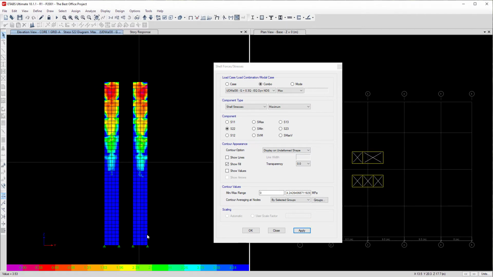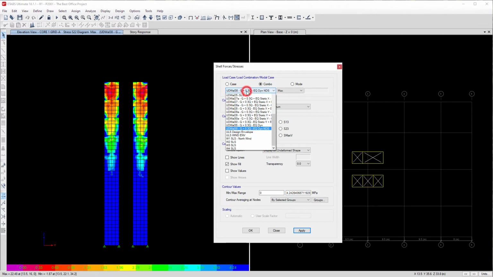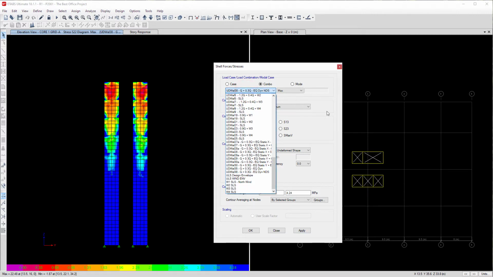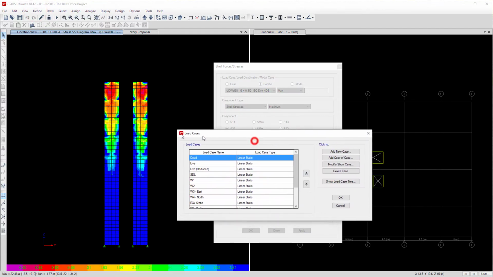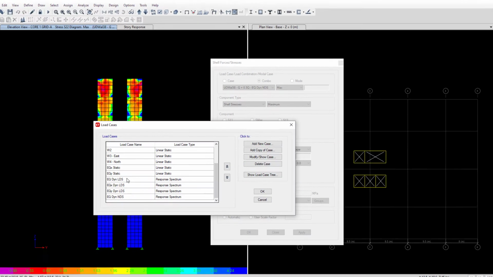Now, we didn't need all of these load combinations because the dynamic analysis from ETABS actually considers the eccentricities on each member when it does the analysis, and the results it gives you is an envelope of the different modes that were applied on the building. And for that reason, we don't need to do those earthquake combinations with 0.3 EQ plus and minus and things like that. If you recall, when we defined our dynamic load case, which I'm going to open up right now,